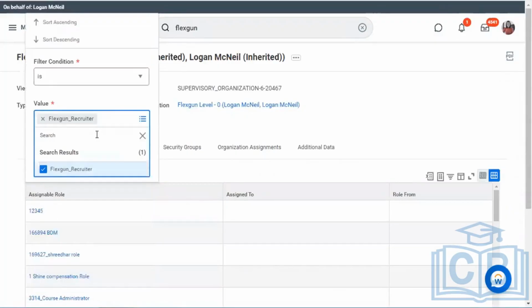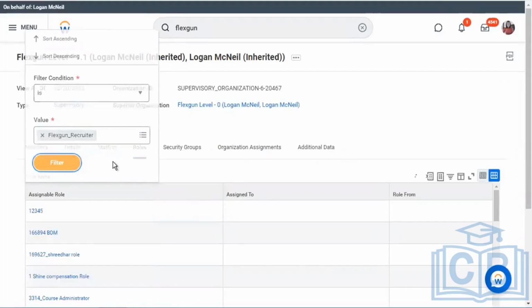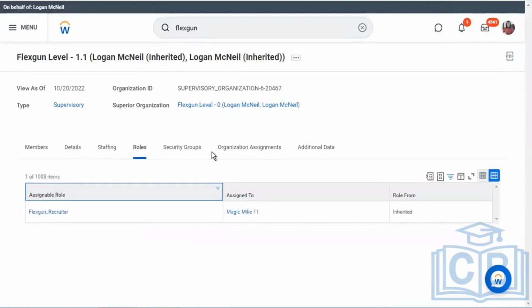Rohan, then we give both. We gave location hierarchy as well as supervisory. Correct. Yes, then it should be applicable for the supervisory organization, irrespective of the location. No, see, if I would only give it to FlexQ as an organization, not at the location hierarchy, then anyone hired anywhere in FlexQ, whether it's US, India, Japan, anywhere, as long as we have the locations, Mike will be the designated recruiter.